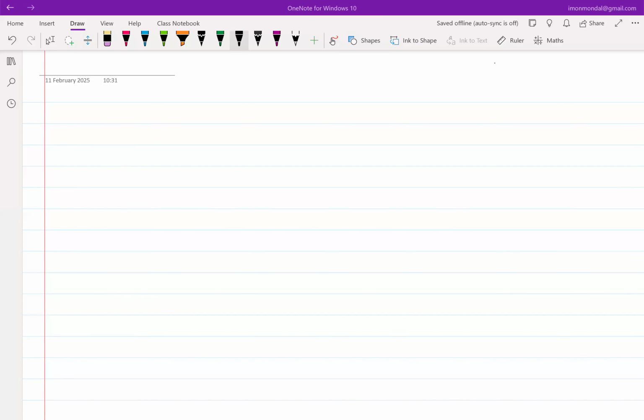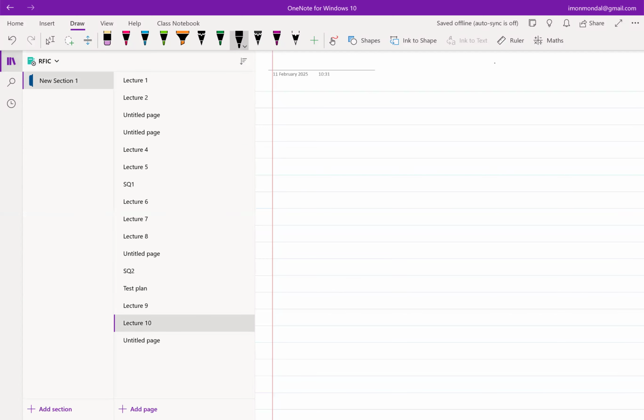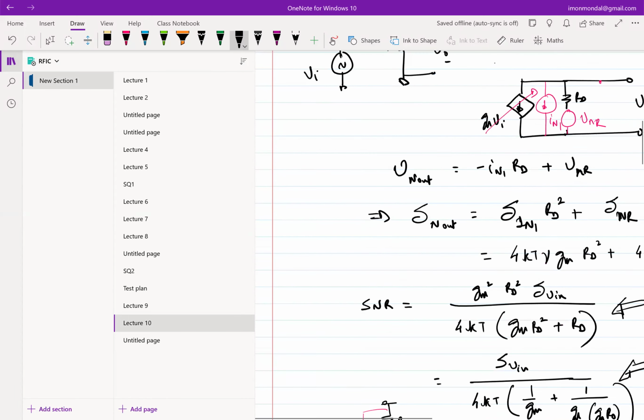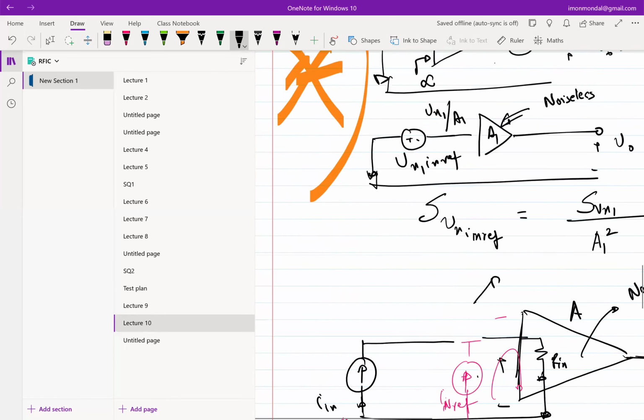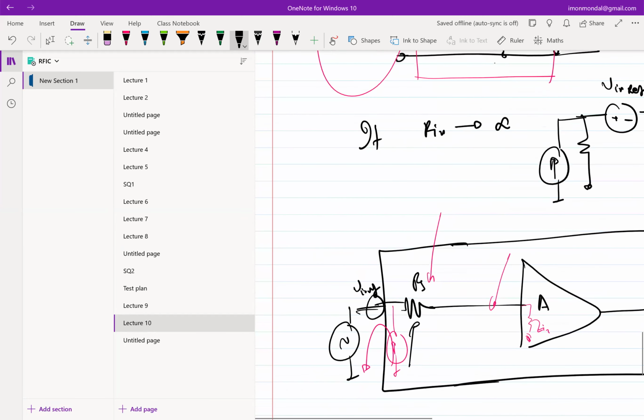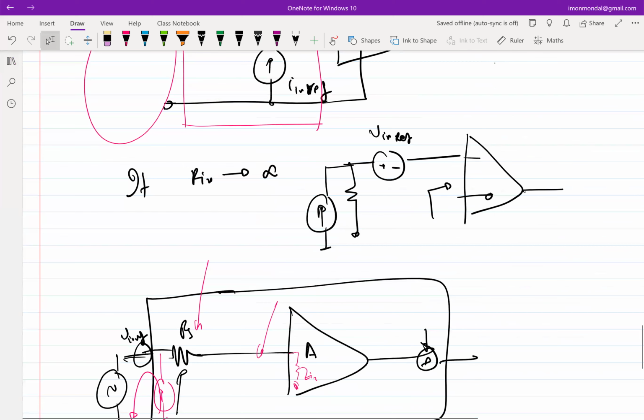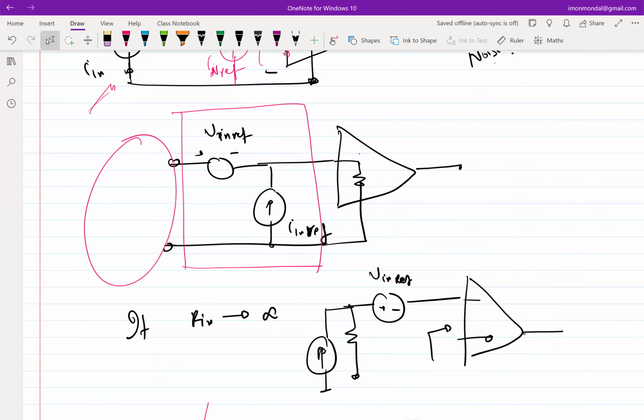We're discussing noise, input referred noise, and noise models, basically characterizing any two-port network with a voltage and a current source at the input, right? Let me just go back to one lecture. This is where we had stopped, where we had modeled the two-port noise, input referred the two-port noise,